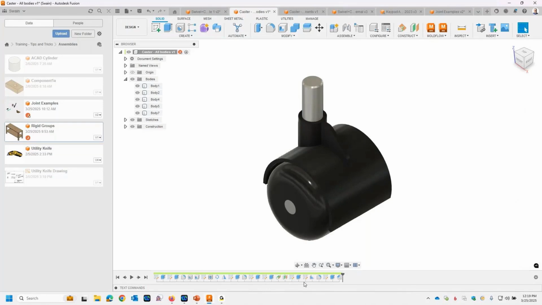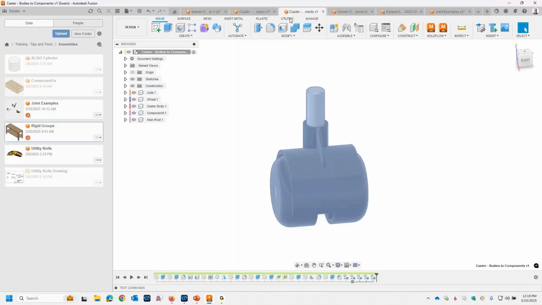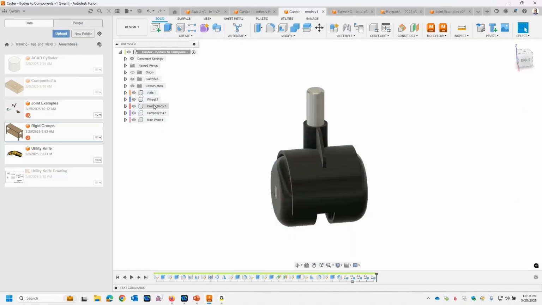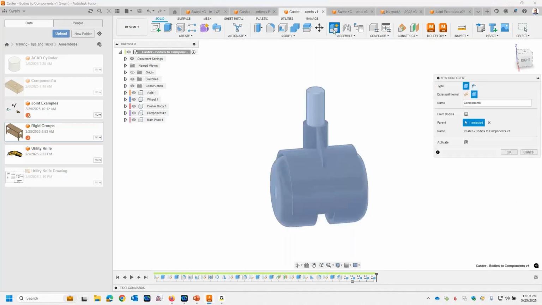And down here on the timeline, you can see how I went about making it with the various sketches and patterns and extrusions and revolves and fillets and chamfers and so on and so on. But those are all just affecting the bodies. Okay. Well, the software does have a tool for taking bodies and making them into components. In fact, the button for making a new component right there, I could make it from a body. And that's great,